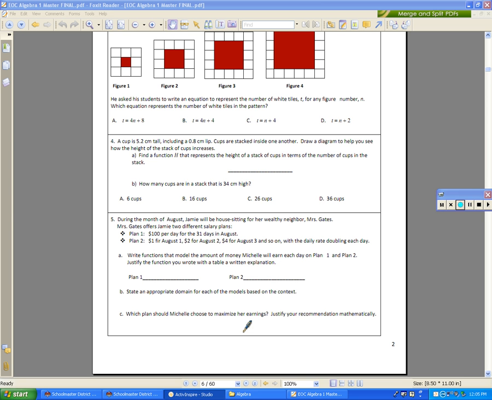So in plan 2, if I plug in 31 to figure out how much money I will get on that day, yeah, you just justified it, okay? 31 is our n, so I'm going to go 2 to the 31 minus 1 power. So that's going to be 2 to the 30th. And it's